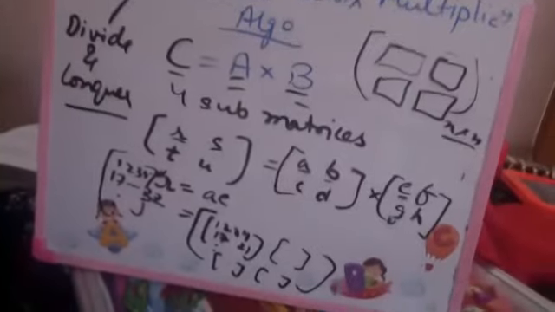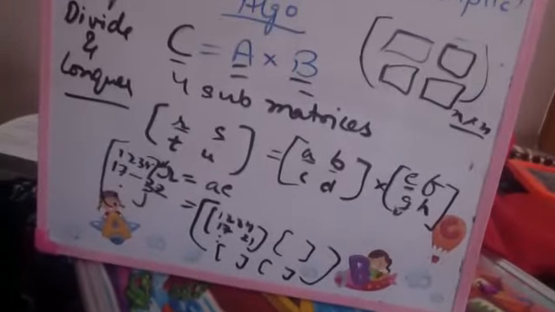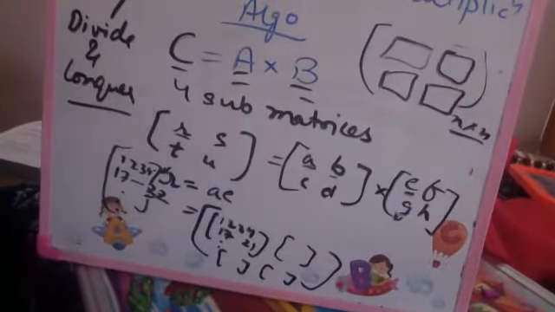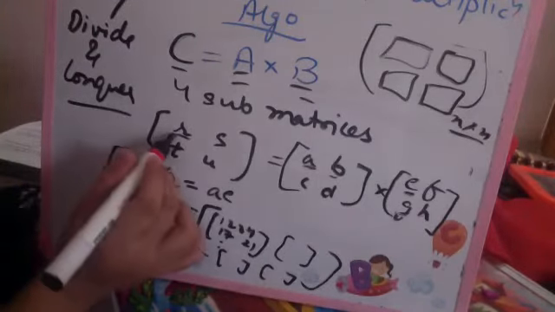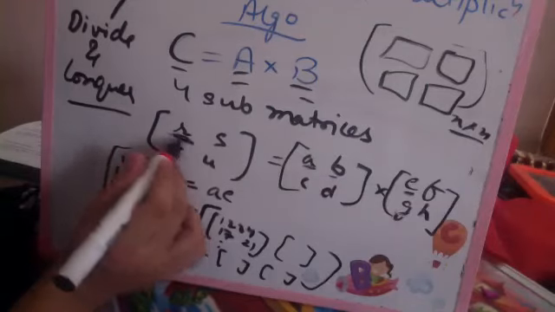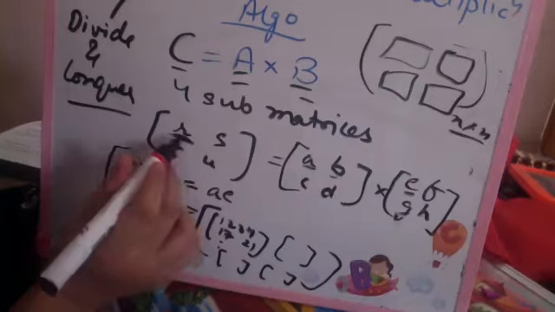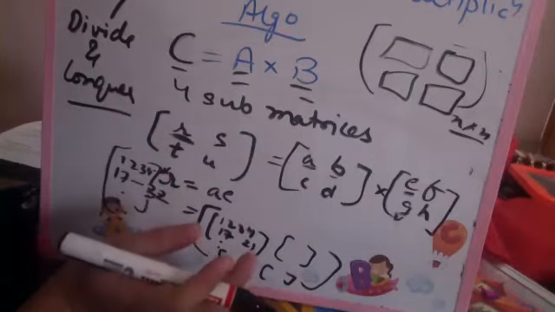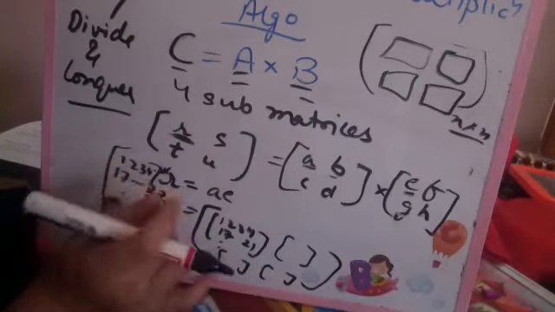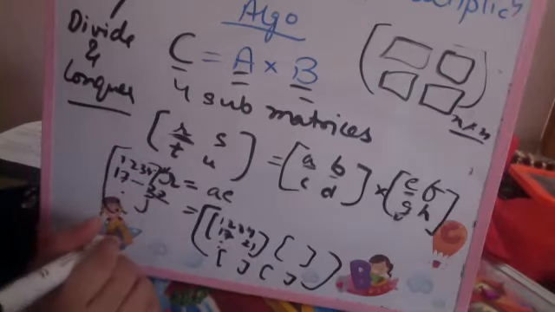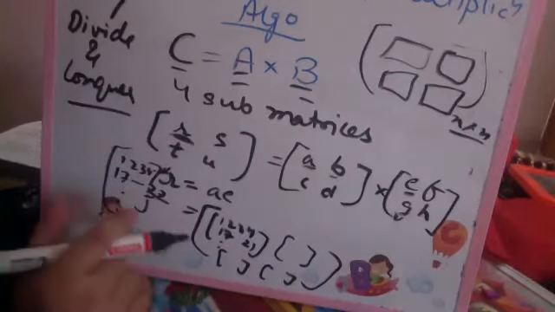Yes, no? Ma'am, the size should be a multiple of 4. No, not necessarily. This matrix, as we reach the R matrix, can be of size 1 into 2 or 2 into 1. We do not know the size of RSTU. We are just dividing into 4 matrices. I have taken an example of 4 cross 4. It is not necessarily like that.